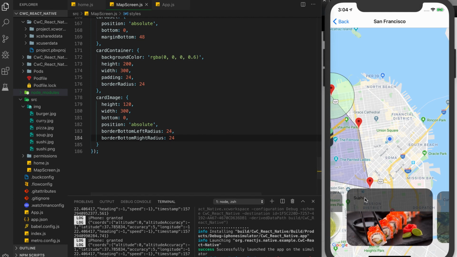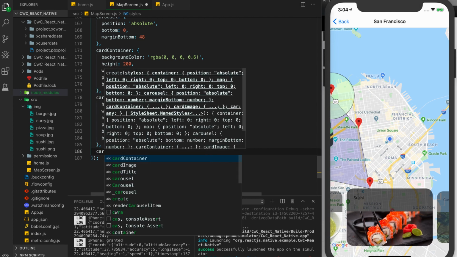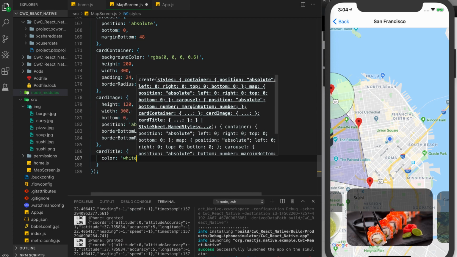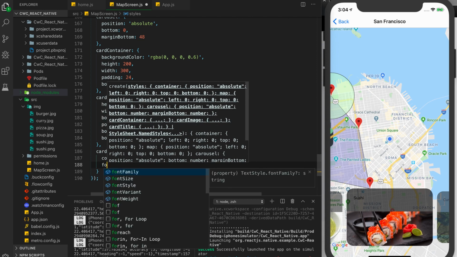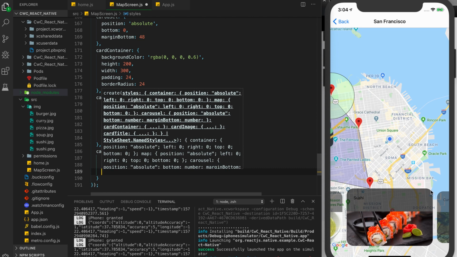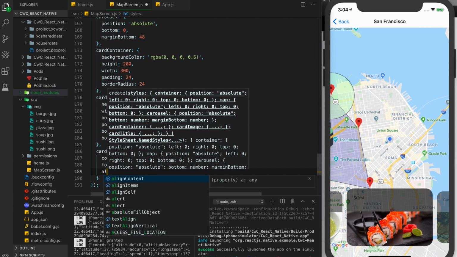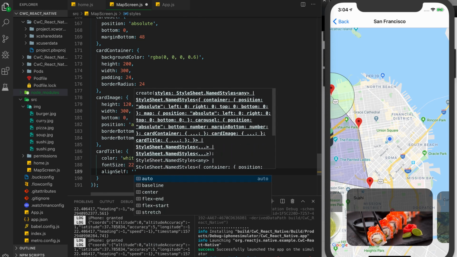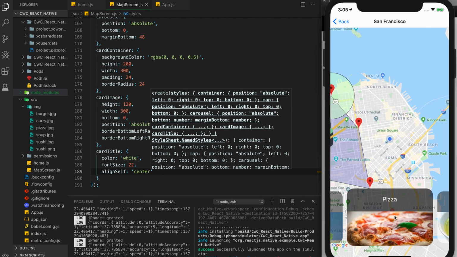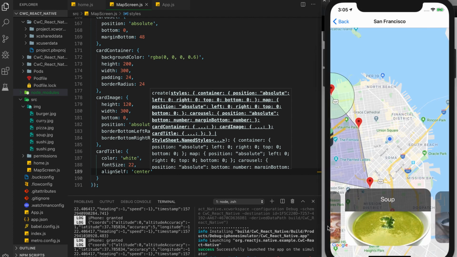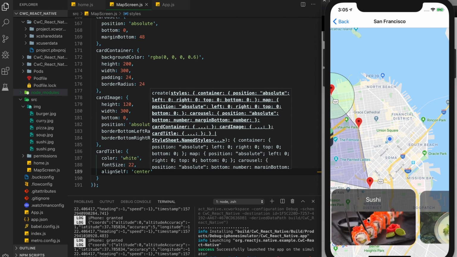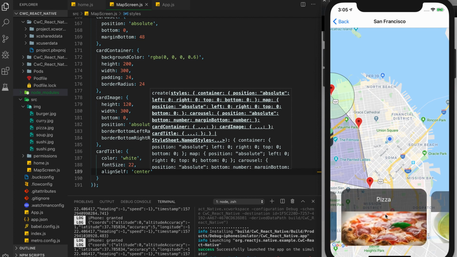So let's work on the title styling. Let's create one called card title. We want a white text, so we have color white. And I want the font size to be bigger. So let's do 22. And I want it to be centered in this card. So I want the align self to be center. Okay, and let's save. And ta-da, we have our title and our image here. So this looks pretty good. You can see that our carousel is centered and our text is centered and our image is aligned to the